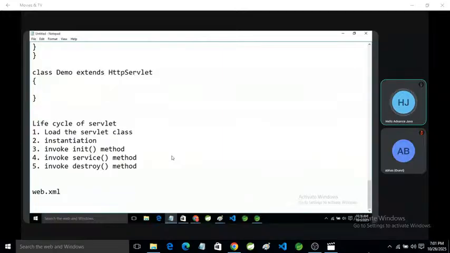Okay, but in Java we are not using XML. In place of XML we use annotations. In Android we are using XML files, and there are a lot of files we create in XML.